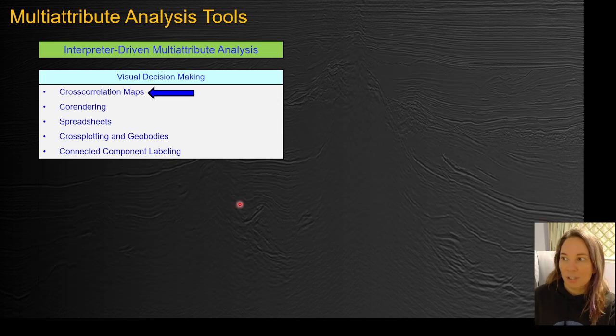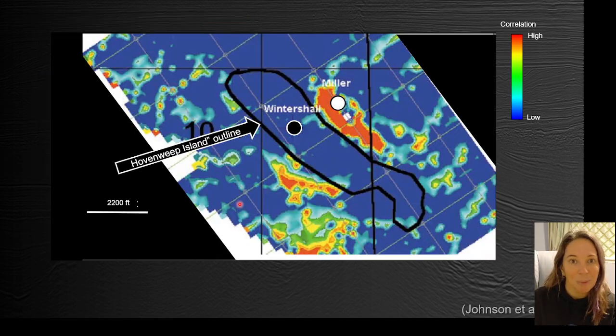Okay, so focusing this time on visual decision making, I'm going to talk about cross-correlation maps first. And so these are one of the simplest ways we've been doing it, probably for many decades. You've probably been doing it as a seismic interpreter yourself. And so this is just taking the seismic attribute and comparing it to perhaps a well that you have or some information that you have to validate the seismic attribute, and then taking that information and applying it to another